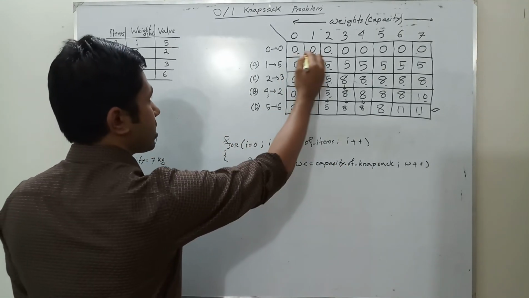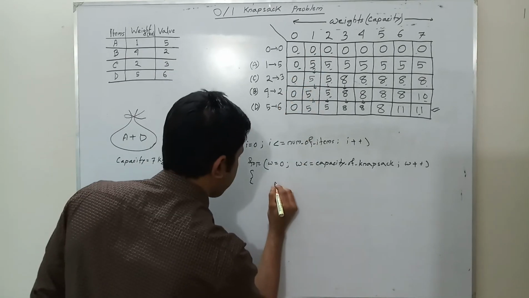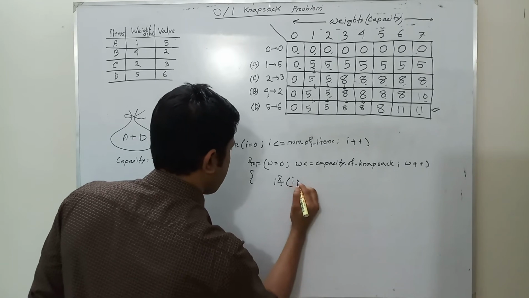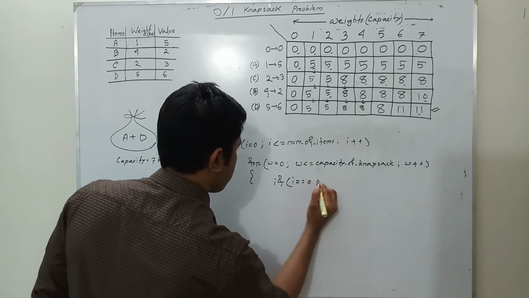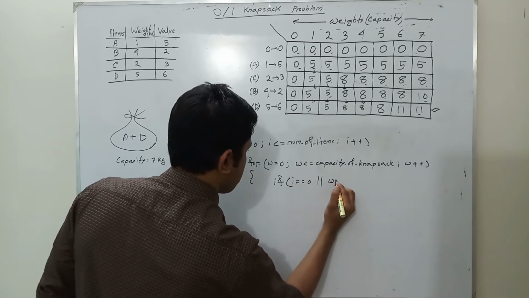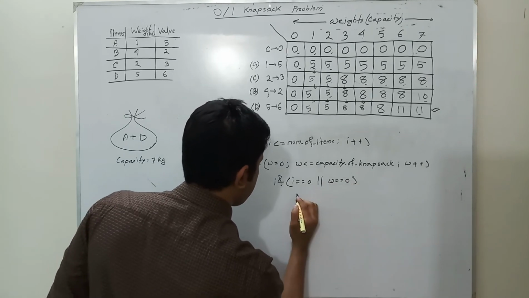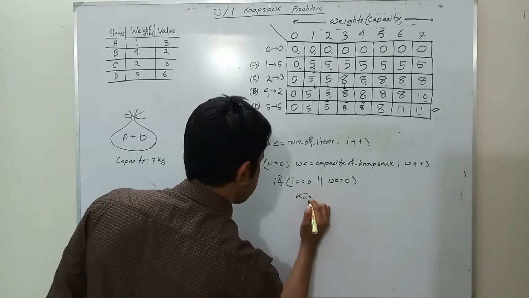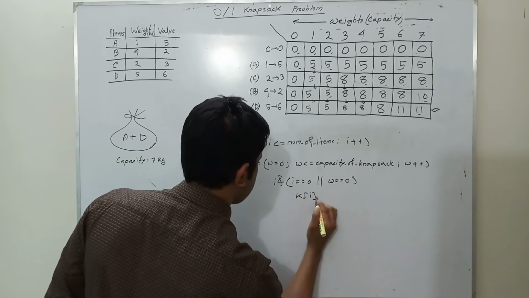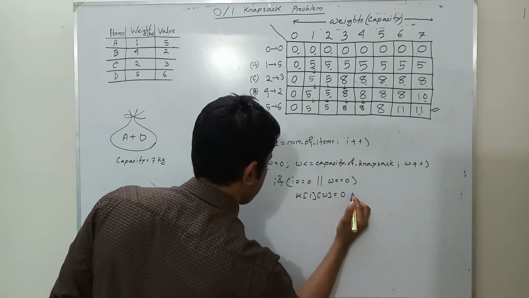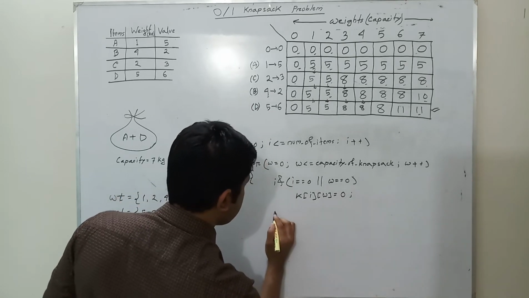Now we will set the base case value. If I equal 0 or W equal 0, the value will be 0, else